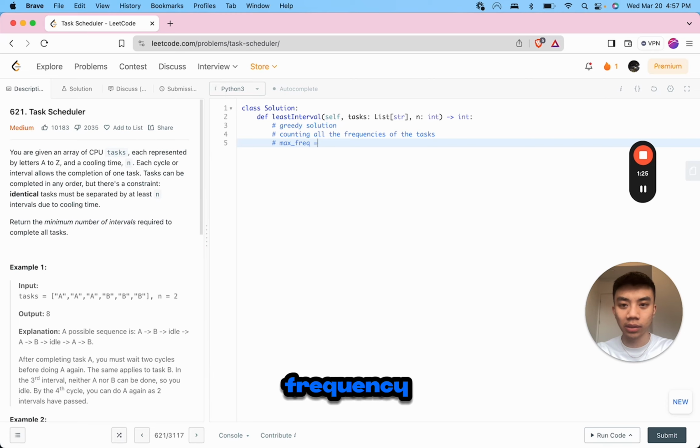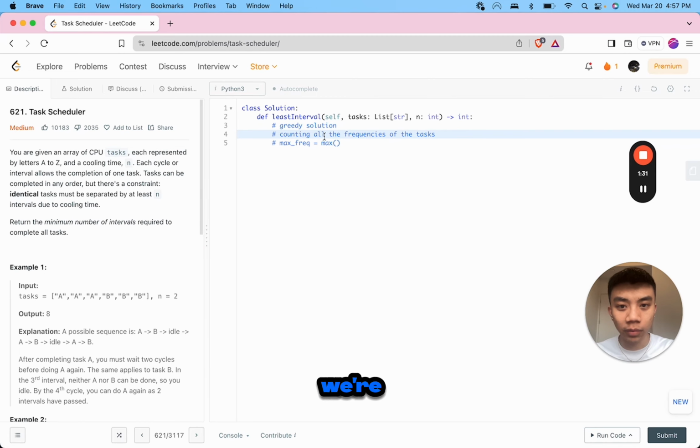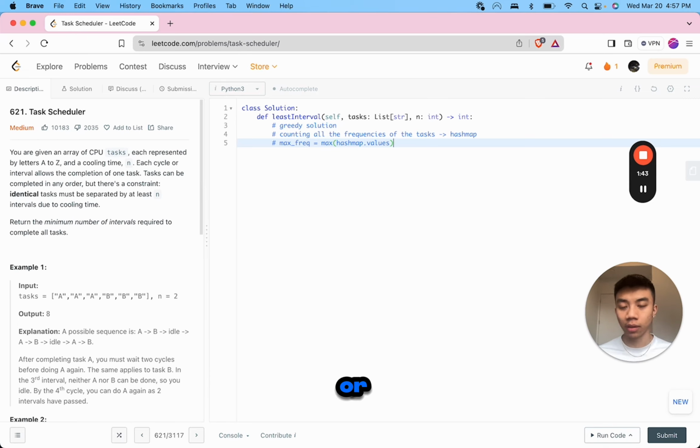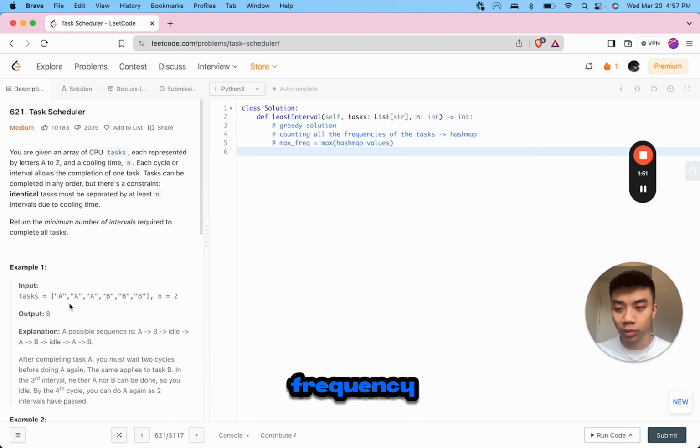So the max frequency is just going to be the max of, okay, first we're counting all the frequencies of the task and we'll put it into a hash map. And then we want to find the max of the hash map values, or the max frequency, or which task appears the most and how many times does that task appear. So in example 1, the max frequency would be 3. And we also want to see the max task, or how many tasks have the max frequencies. So it's where